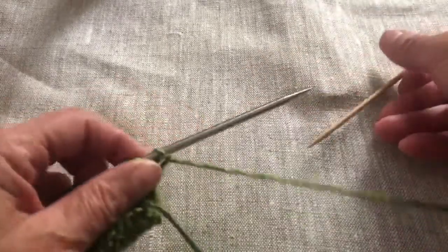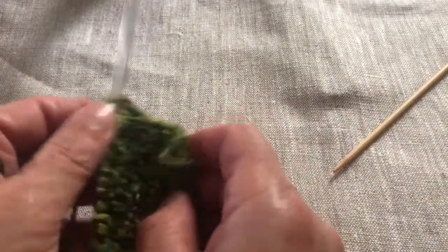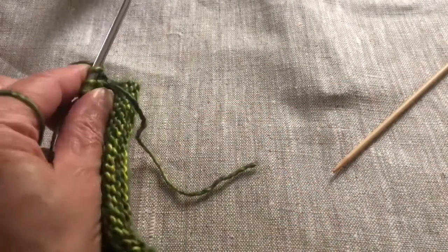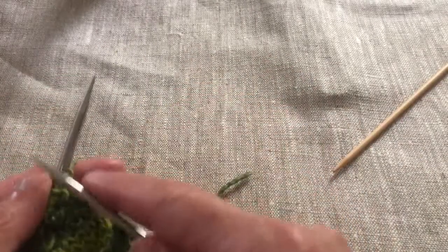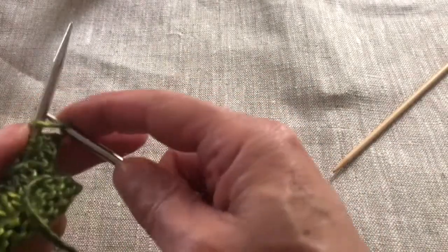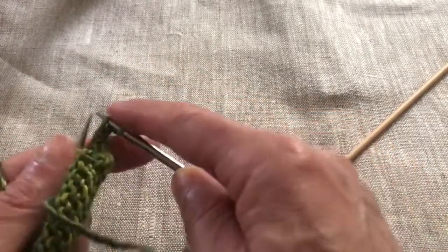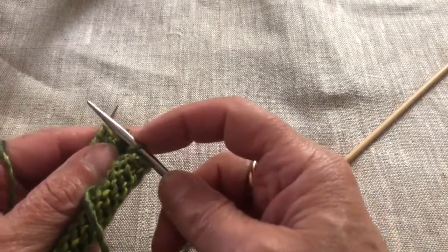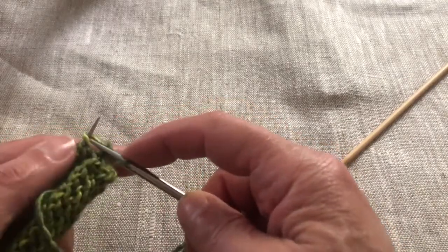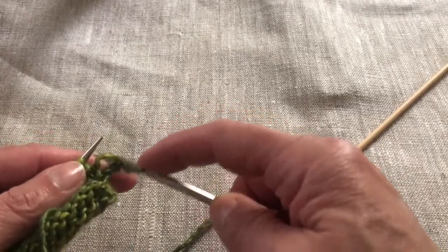Okay, so the right side rows of this pattern are worked just in plain old stockinette stitch, so that means on the right side rows you're just going to knit, and I am going to do a make 1 right increase. So I'm going to work my 1 stitch selvage, and then I'm going to work my make 1 right. So I'm going to lift the needle. I'm going to take the needle, let's do this, and